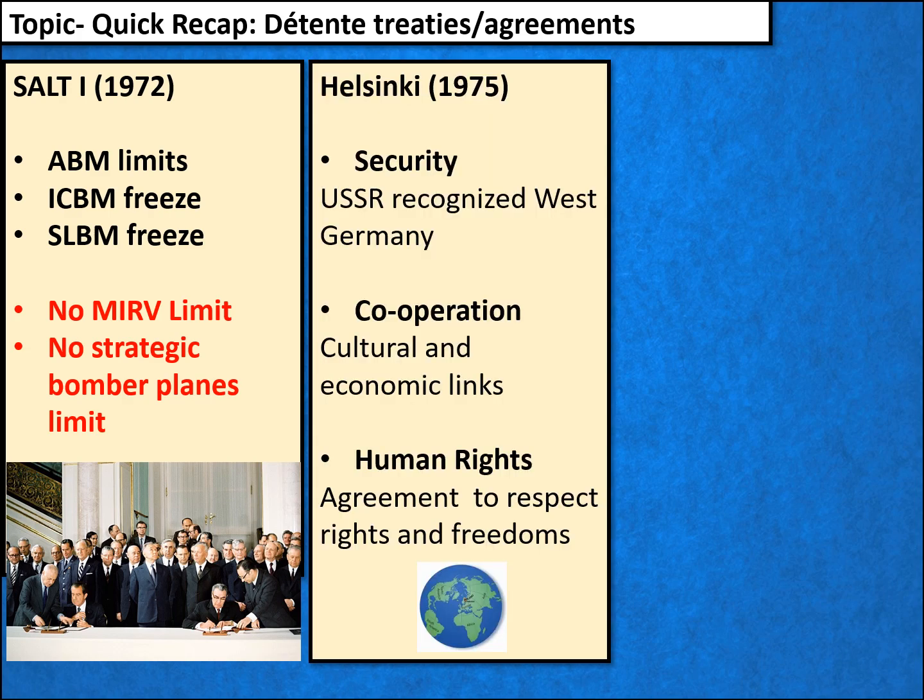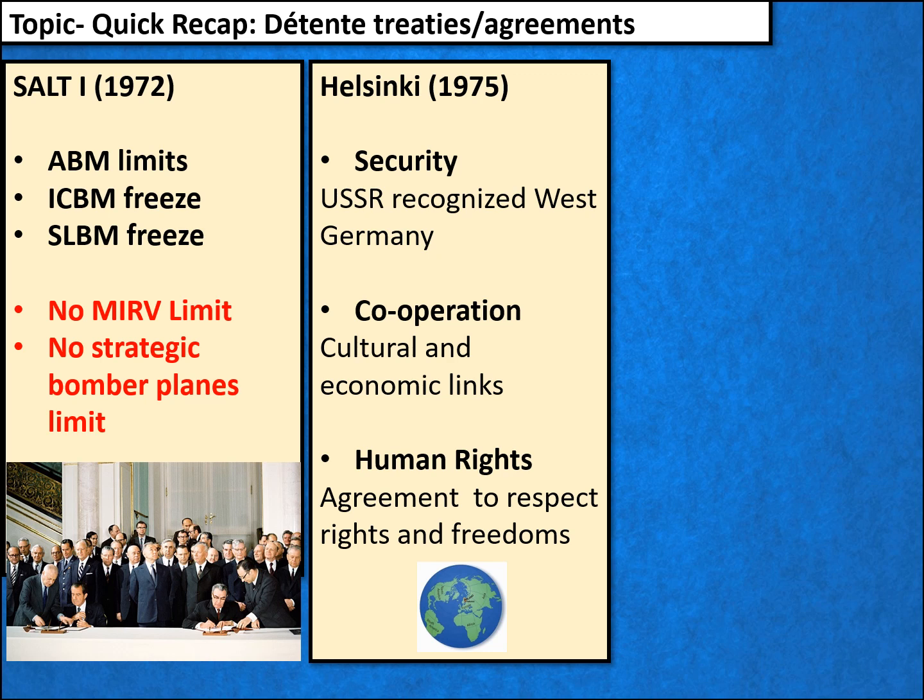And secondly, the Helsinki agreements in 1975. Now this was a whole series of agreements signed by a range of world powers, not just the 2 superpowers. You might, when you read on this, find this agreement being spoken of in terms of things being split into baskets. We can look at 3 major baskets. That of security, and it was important that the USSR recognised West Germany formally. That increases European security. Secondly, cooperation. It developed a range of cultural and economic links. And thirdly, human rights,